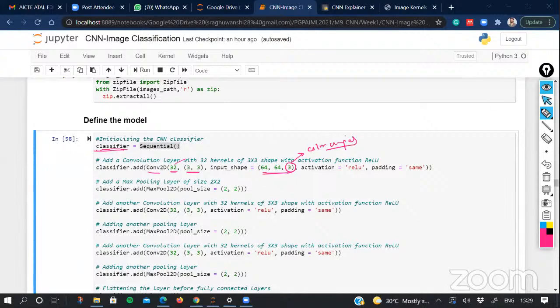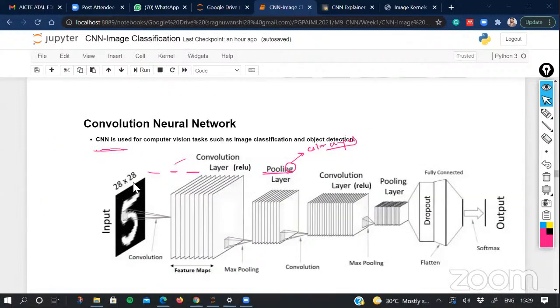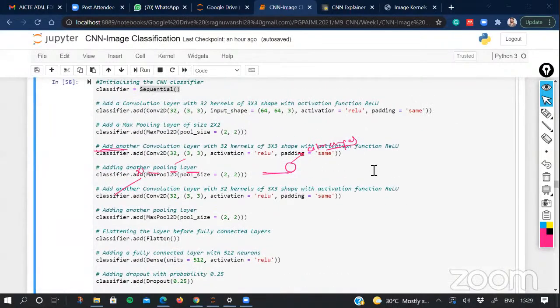Like in my pic, you can see 28 cross 28 cross 1, because it is a grayscale image, where 28 cross 28 shows the number of rows and columns in terms of the resolution of the image. Whereas the model which I am defining here is going to take color images. So the number of channels is 3, and the size of the input image is going to be 64 cross 64.